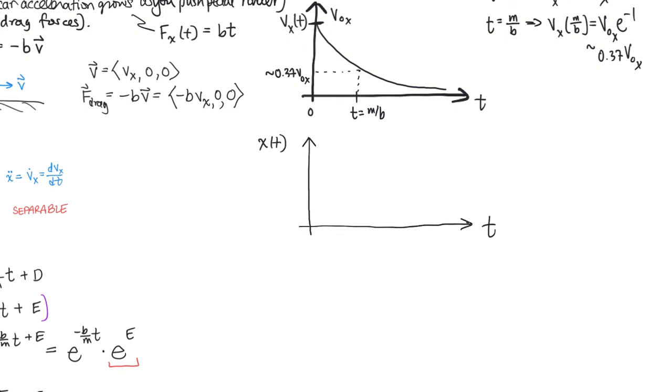Okay. Well, let's think about this. In the beginning, we start with a high velocity, and that velocity gets smaller and smaller with time. So we know that the initial slope is going to be steep for the position versus time, and the slope is going to flatten out as time goes on. So let's make an assumption here. Let's assume we start at the origin